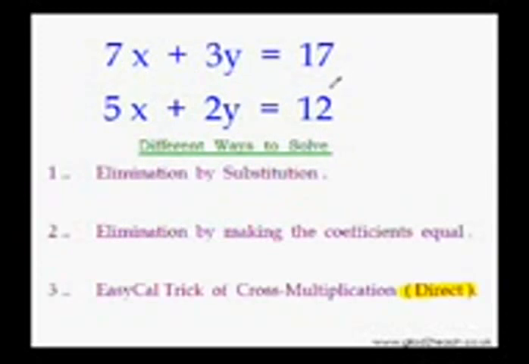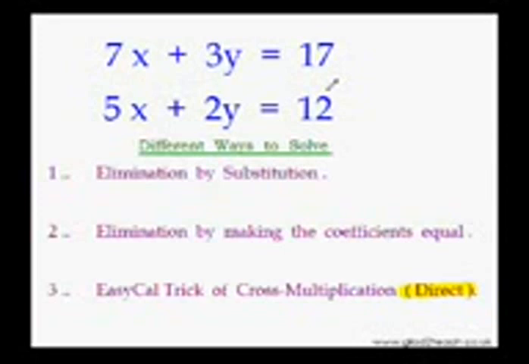Like we have just learned that the simultaneous equations can be called by different names, similarly, they can be solved by different ways. The first method, as you can see, goes by the name elimination by substitution. Basically the idea is very simple. We try to reduce the linear equation in two variables into a linear equation in one variable. That is, we eliminate either x or y. It's absolutely your choice which one you want to eliminate first.